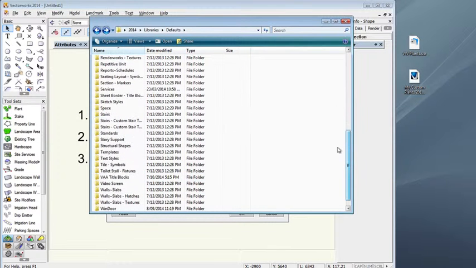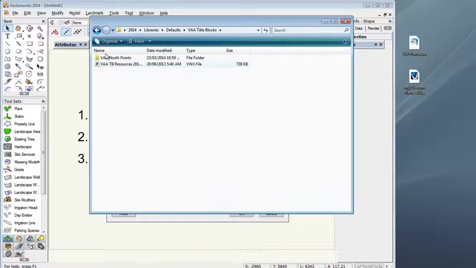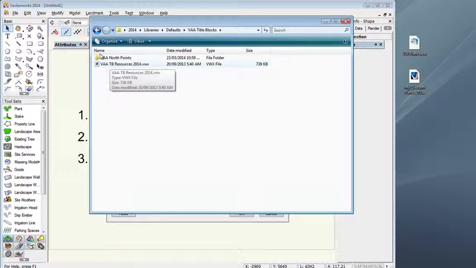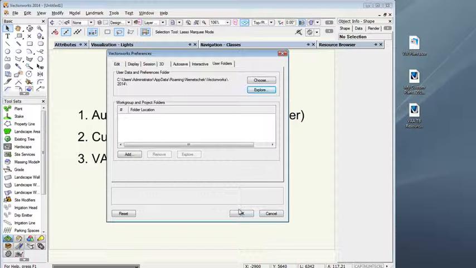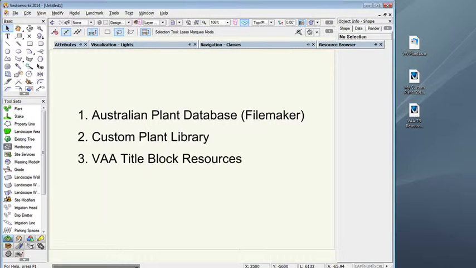The next one we're going to look at are the VAA title blocks. So again, we'll open that, and here's our 2014 file. So again, press the Control key and drag that out onto the desktop. So essentially we're now done with 2014. What I'm going to do is to switch to Vectorworks 2015,